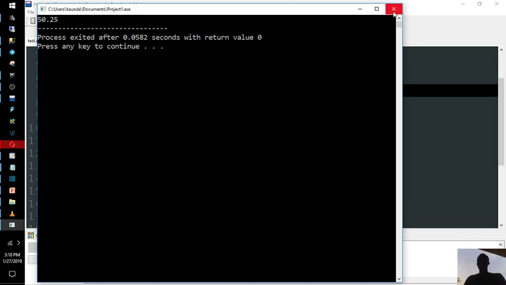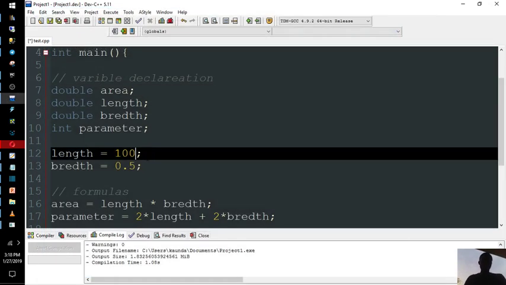Now, for example, this one you've done. Remove the decimal part and just